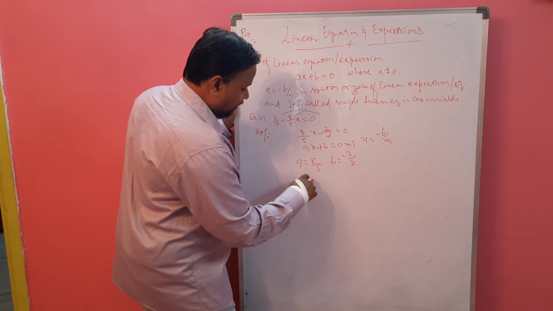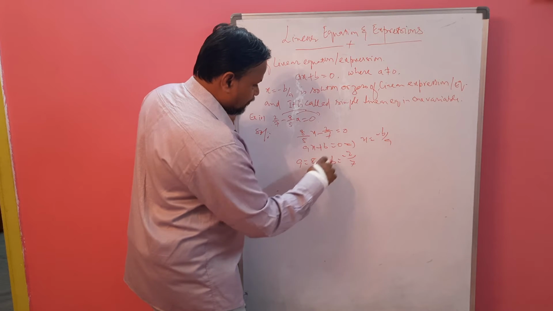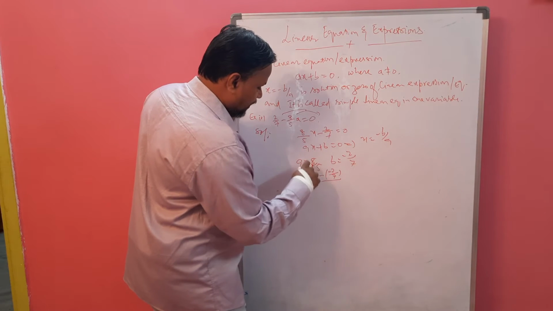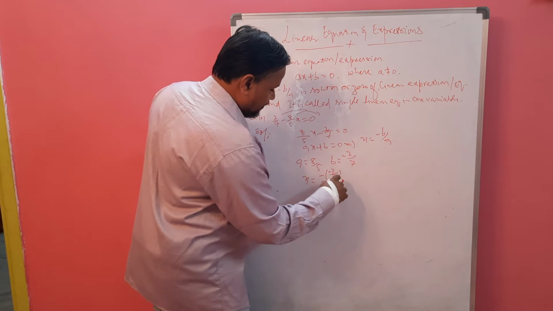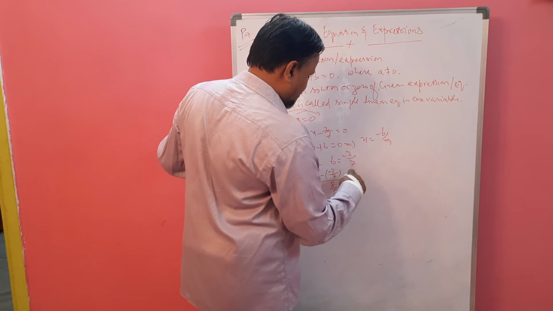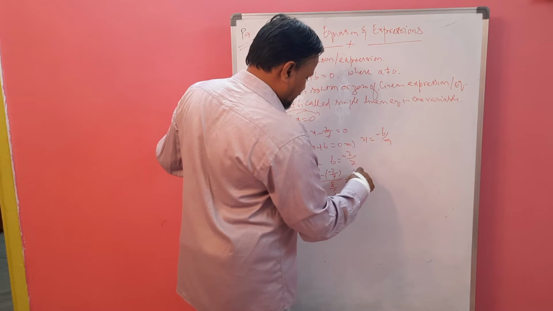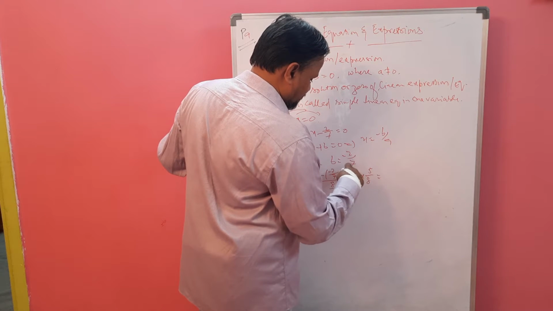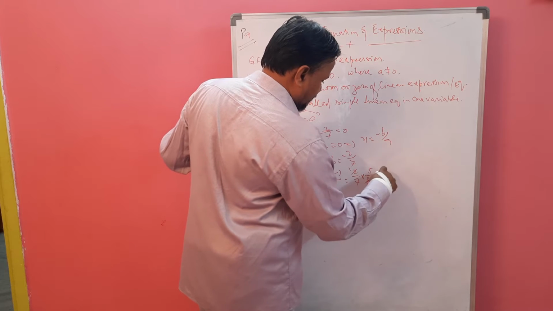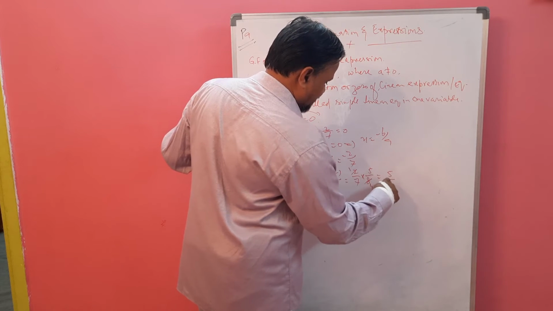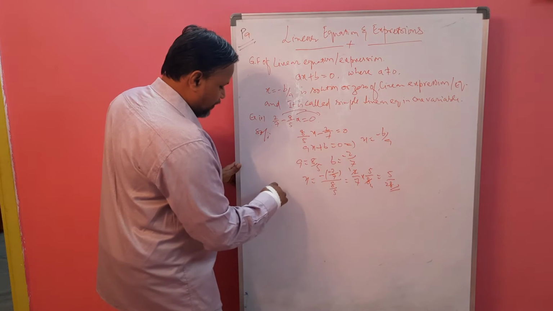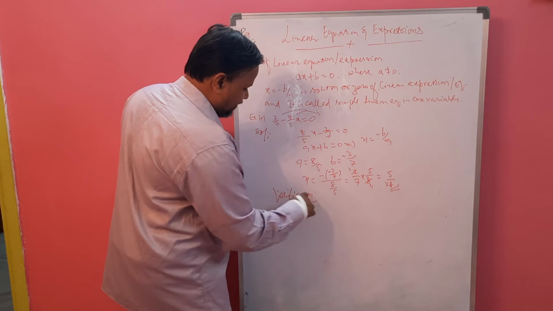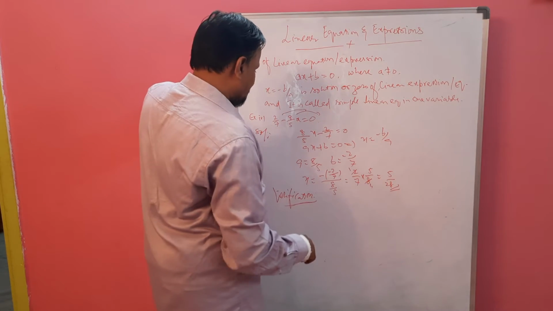So the solution is x equal to minus minus 2 by 7 divided by 8 by 5. So this is nothing but plus 2 by 7, and write the other number as its reciprocal, 5 by 8. 1s are 4s are 5, 1s are 5, divided by 28. This is the solution. Now verification: if you want to verify, you can check whether the solution is true or not.